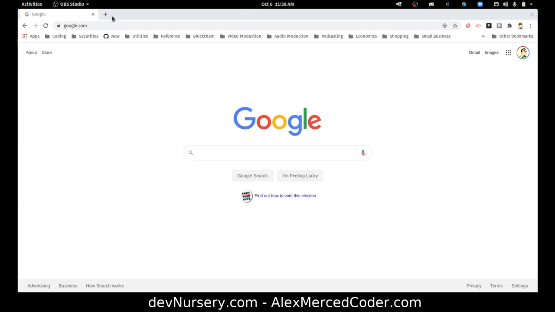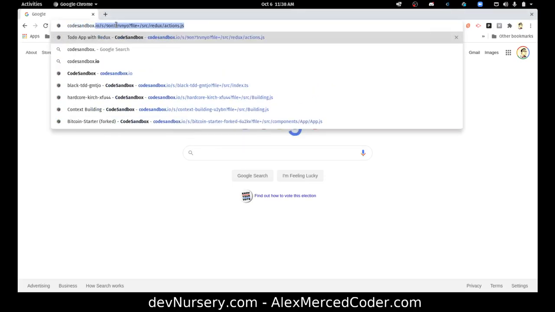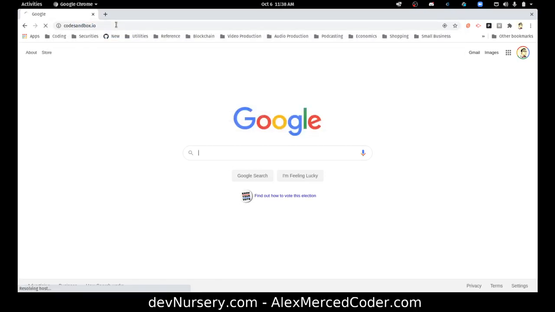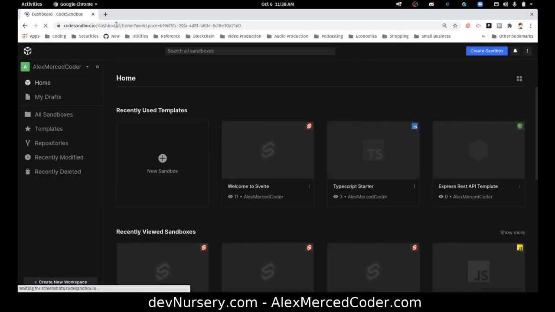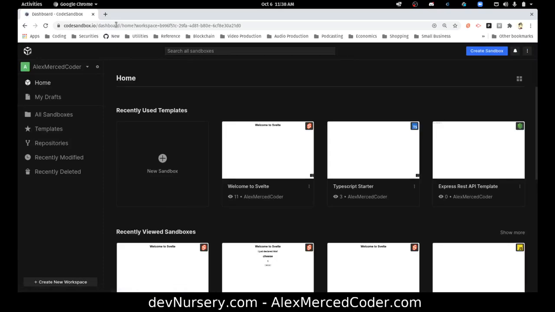Okay, and today what I want to do is talk about Code Sandbox because this is a pretty sweet tool. Okay, codesandbox.io. This is essentially like a full-featured IDE in the cloud. Like, you could basically write code